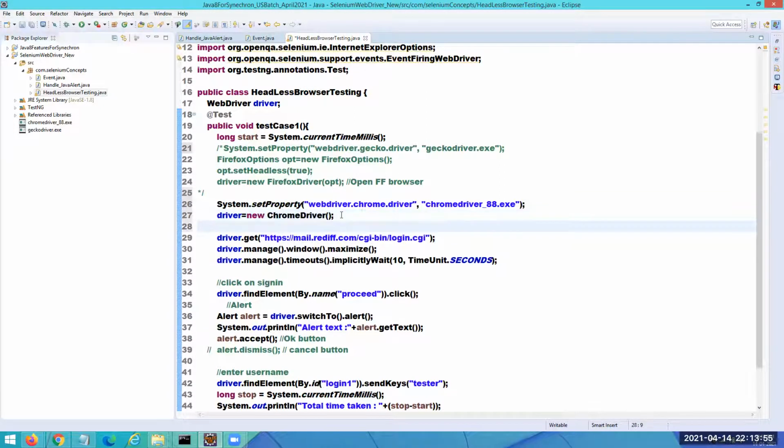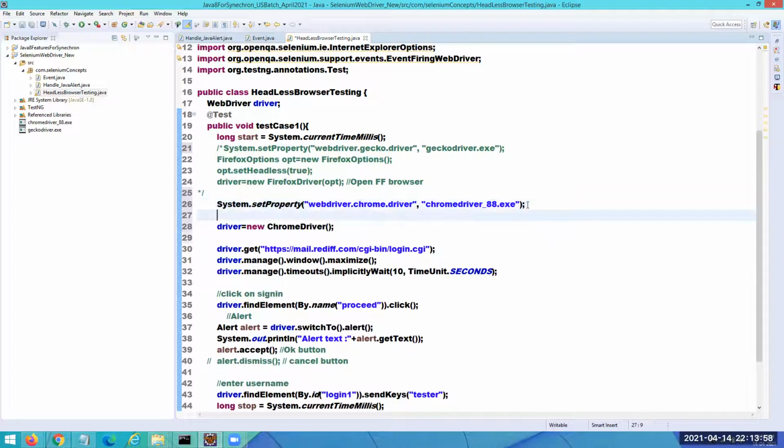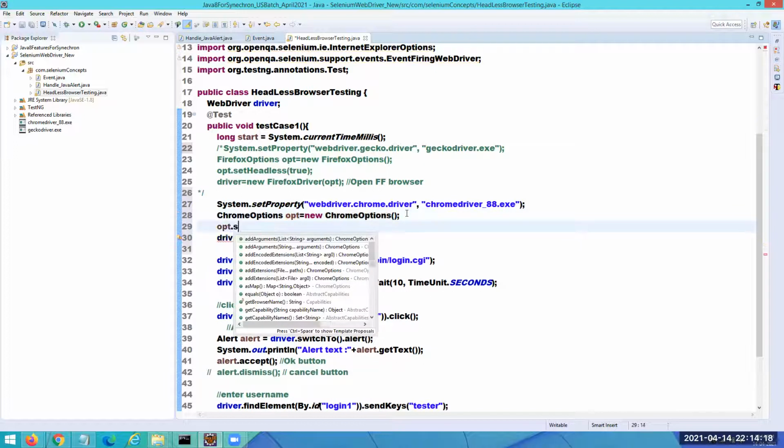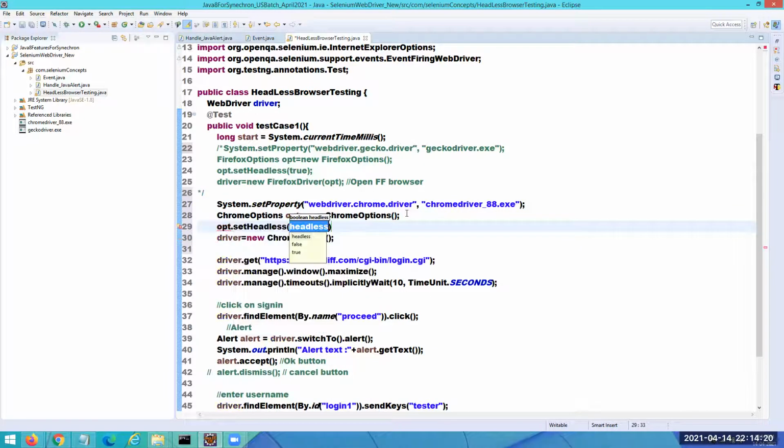Before this, if you want to go for headless browser testing, I'm going to create an instance for Chrome options, and I'm going to import a package for this. OPT is the reference that I created. I want to say OPT dot set headless, and I want to say true. Now I want to pass that OPT as a parameter.